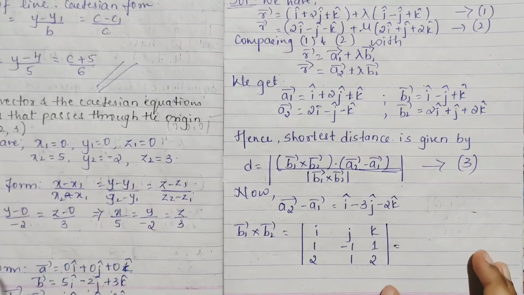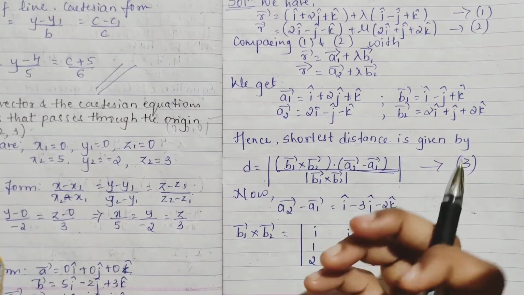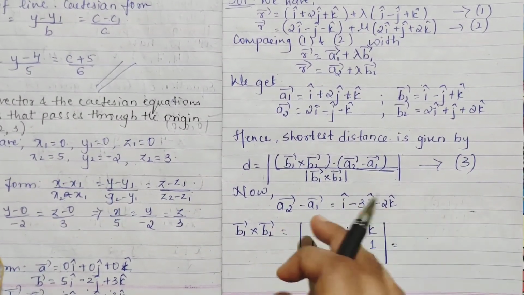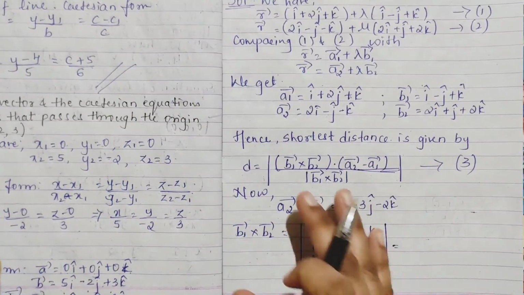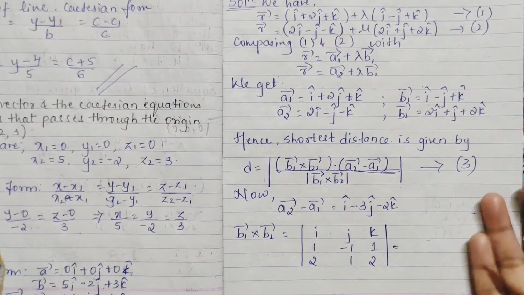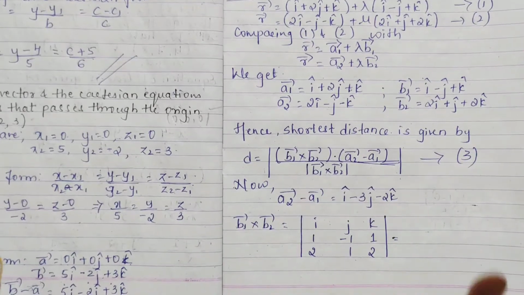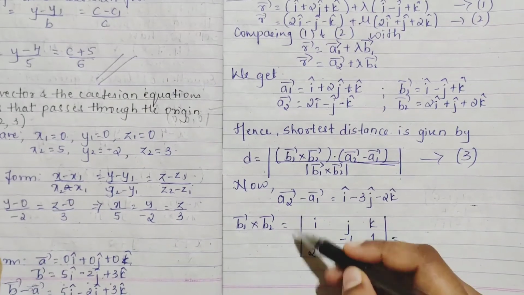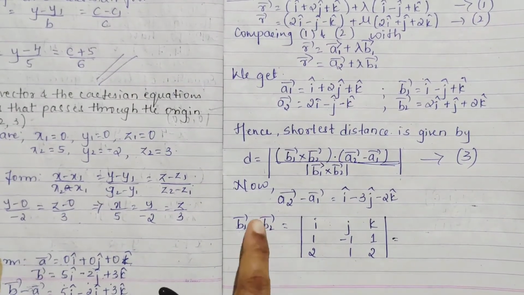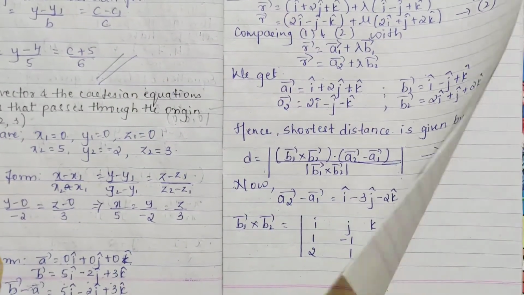So next we are considering b1 cross b2. We prefer Cartesian form because again you have to use your vector product, cross product, everything. If you remember, if it is easy for you, you can go that way, or you can go for Cartesian also. There also is that big formula, most of them don't prefer it, it's totally left on you. Whenever it is cross product, vector cross product, we take determinant, right? If it is dot product, you multiply it. When it is cross product, you have to take determinant. Remember it, you have done this in vector algebra.